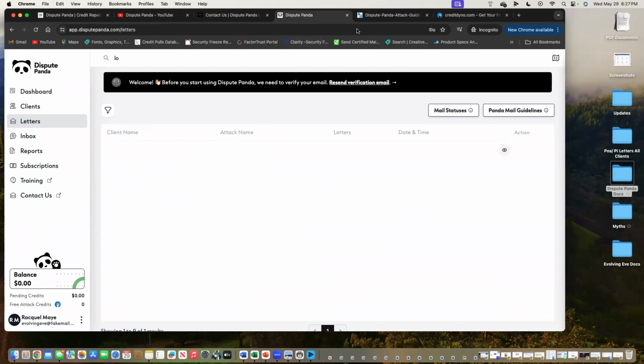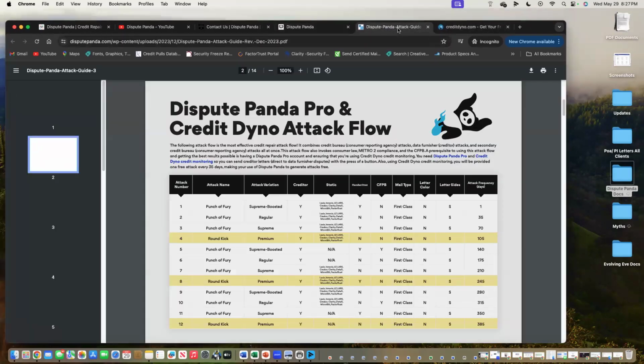So that's a great question, Jacob. The question is about the flow of the letters that are currently active: which letters should or should not be certified or notarized? The flow that is currently in the system right now does not require any of the letters to be notarized, and does not require any of the letters to be certified.